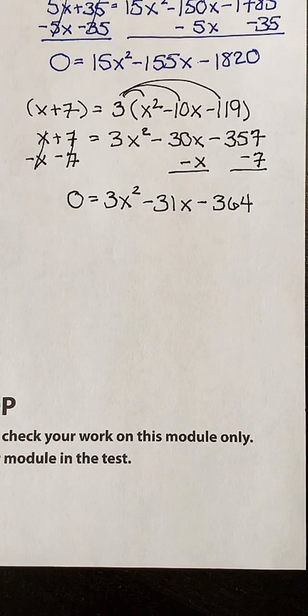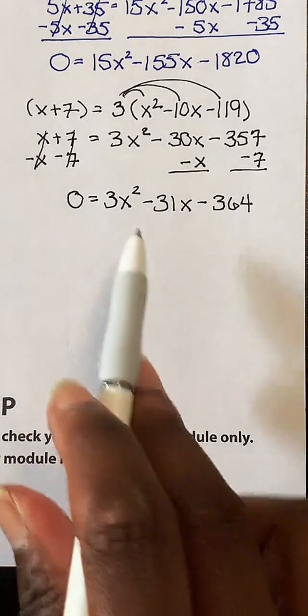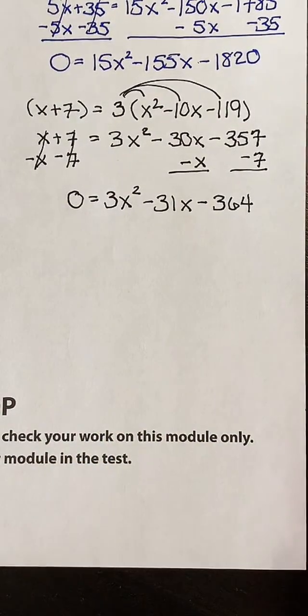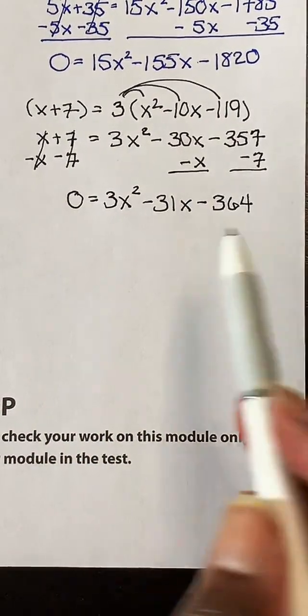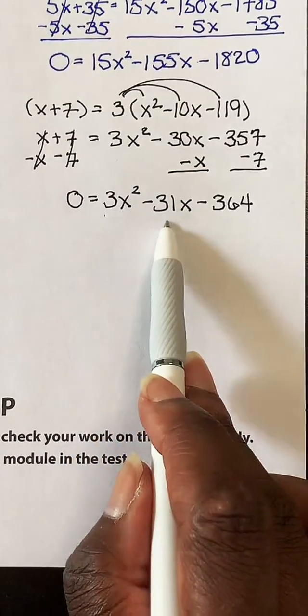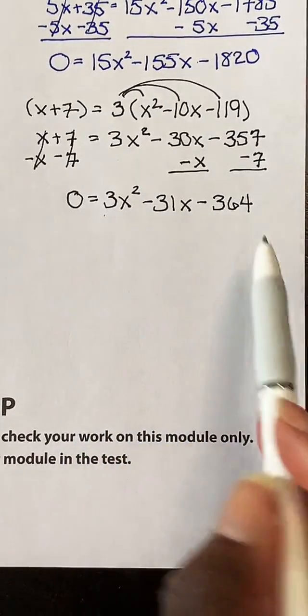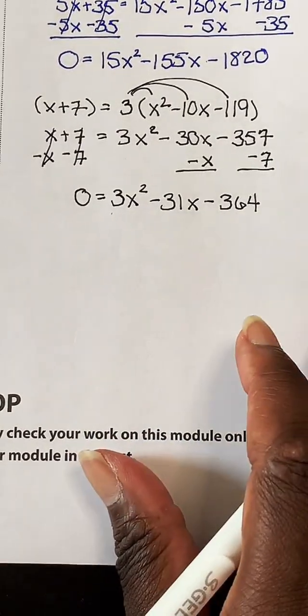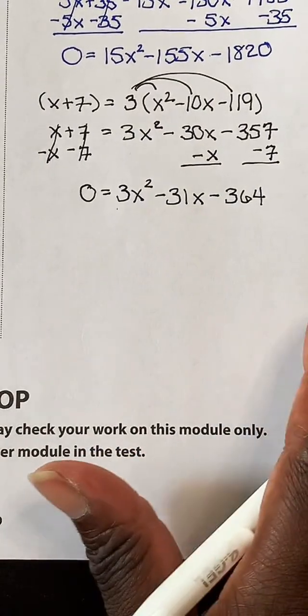It's a little easier. It's still complex. It's still going to be some stuff. But it's a lot better to deal with than the 1820. I love you all, but no. Like, no, I'm not doing that. All right. So now from here, you can try to figure out what two numbers factor out or divide. You can't really divide everything by 3. So this is when you can use